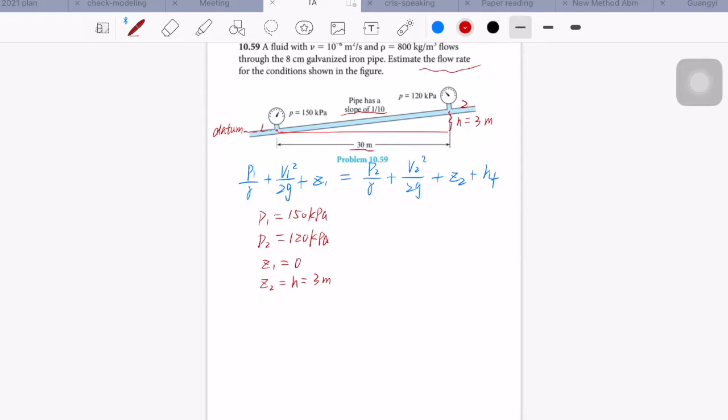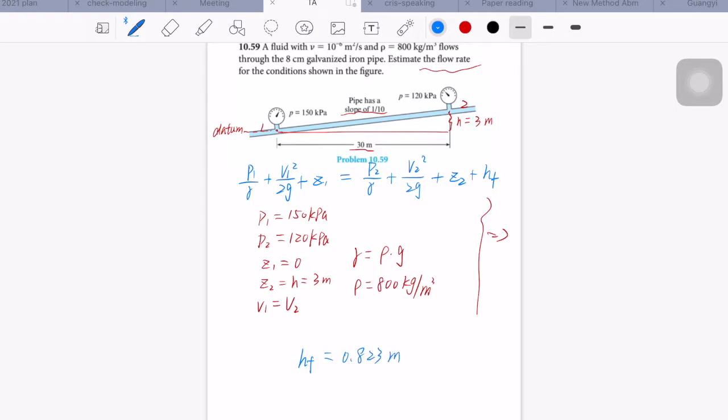And since the diameter of pipe does not change, the V1 should be equal to the V2, and the gamma should be equal to the rho times G, and we know the rho is 800 kilogram per cubic meters. So we can determine that the HF, the head loss, is